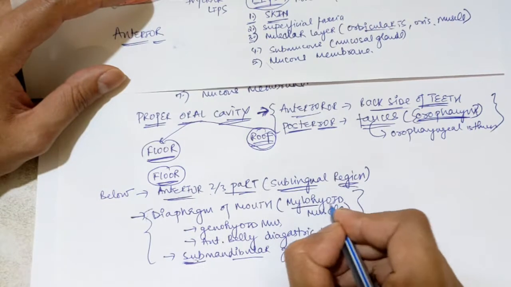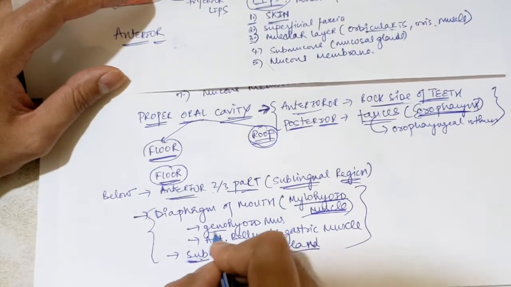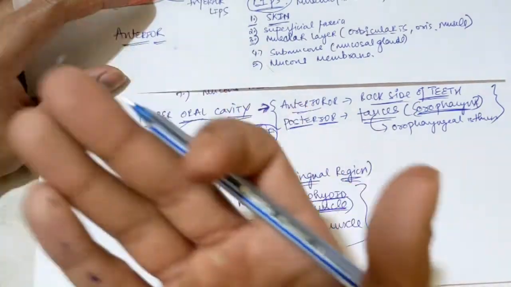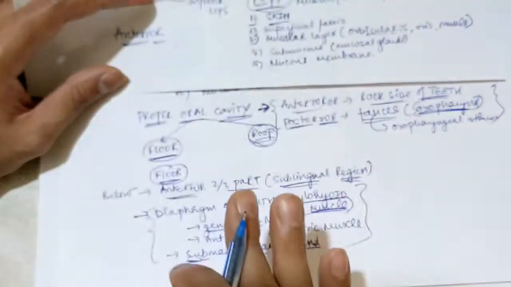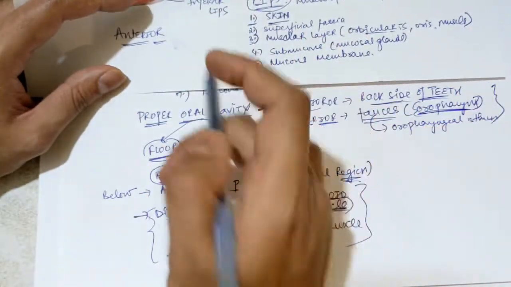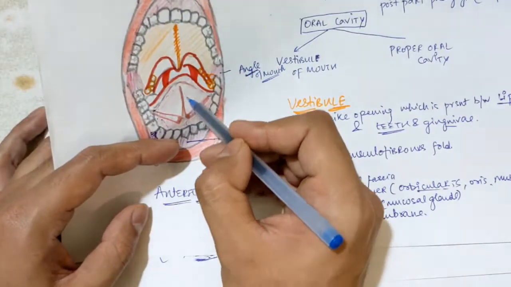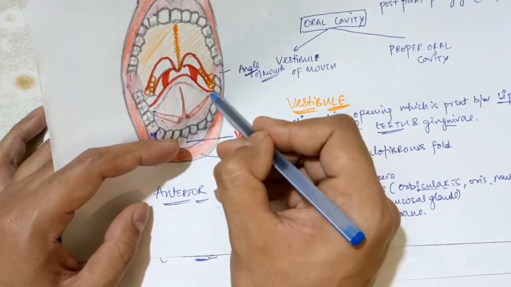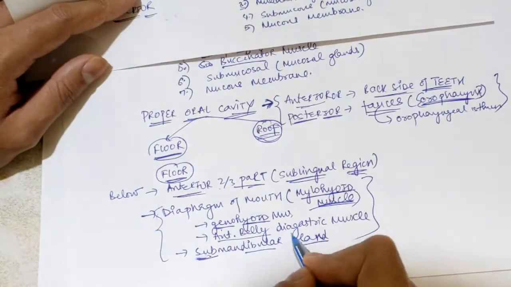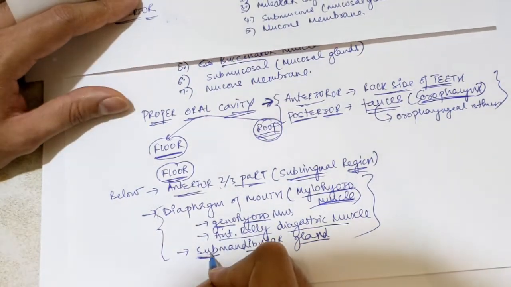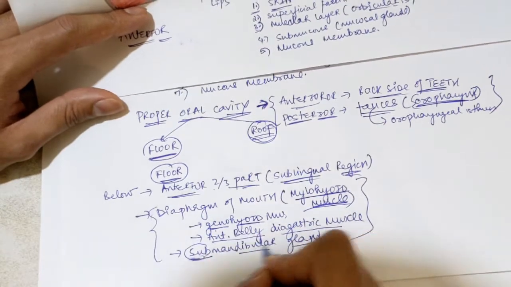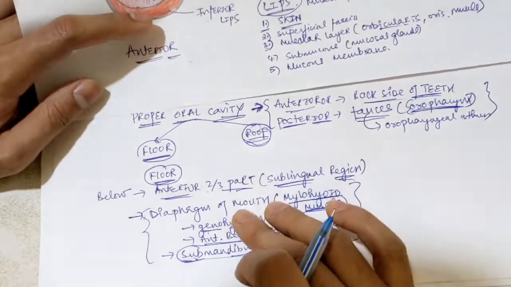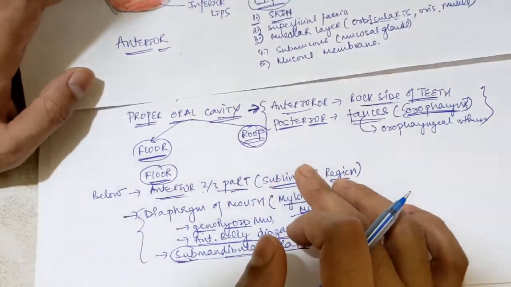So the first muscle is your mylohyoid muscle. Now the second muscle is your geniohyoid muscle. The mylohyoid muscle extends from the lateral side to the center, and the geniohyoid will be present centrally, in the center on both sides. Okay, like this, geniohyoid will be the center, and mylohyoid coming from the lateral to the center. And the anterior belly of the digastric will also be present in some parts, and most peripherally there will be the submandibular gland, which is attached to your alveolar process. So this will be forming the floor of this proper oral cavity.